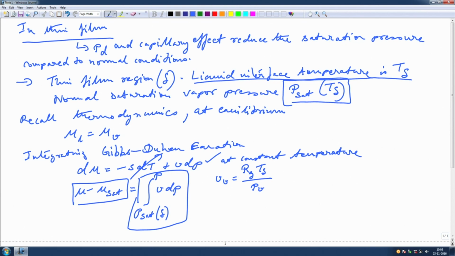Now, that is the volume of the vapor phase. VL, on the other hand, is equal to V for the liquid phase, assuming that the liquid is incompressible, got it. So, now we can write